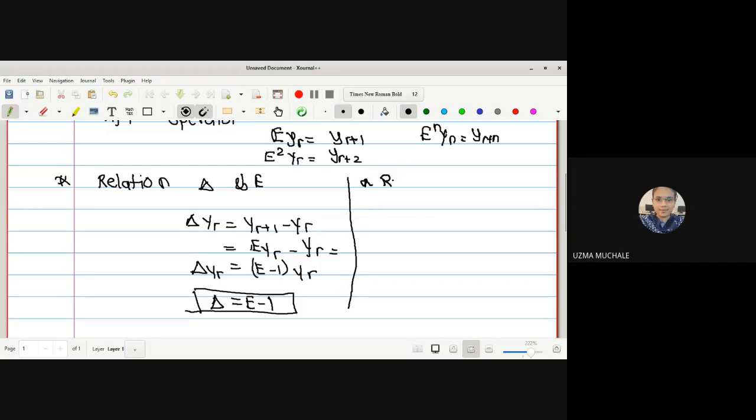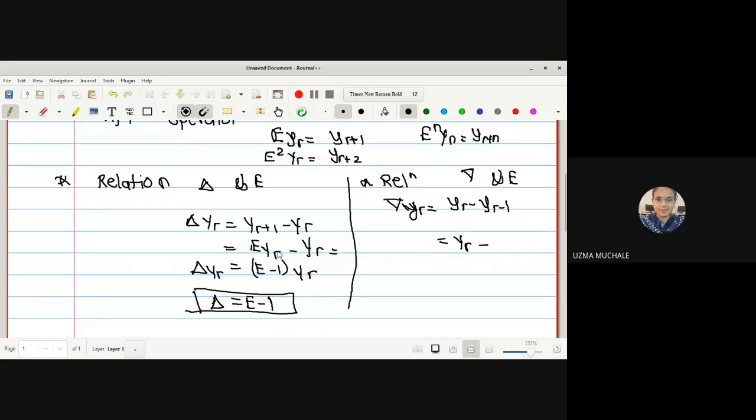You can write the relation between the backward difference operator and E. Okay, let me write down what the backward difference operator is. Del yr is yr minus yr minus 1. Okay, so this I can write as yr minus